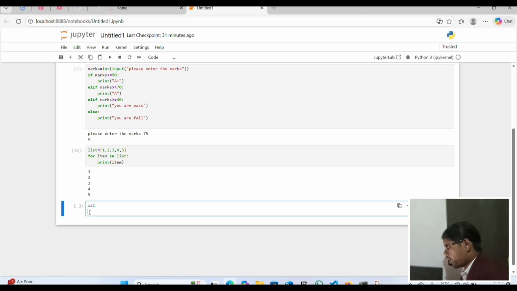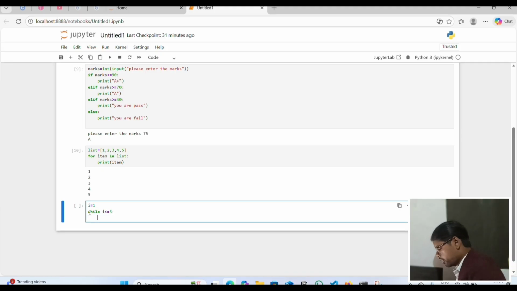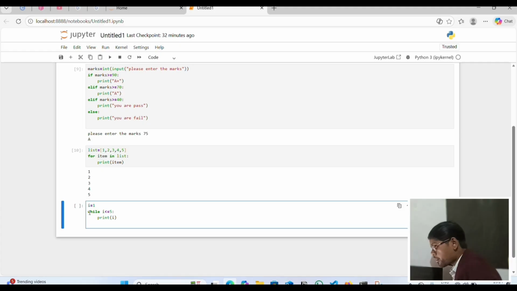First I will initialize. And use condition check, so i less than or equal to 5, so run print number. And i plus plus. Okay, this is a unary operator.